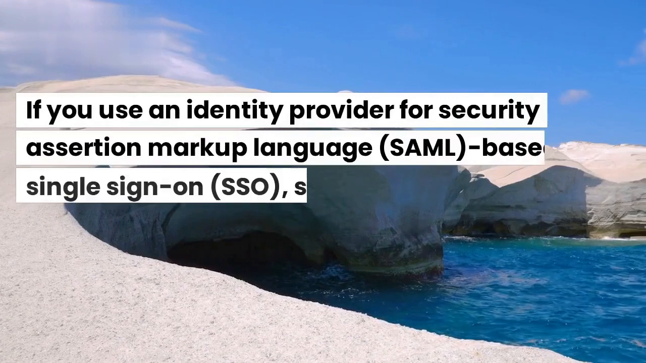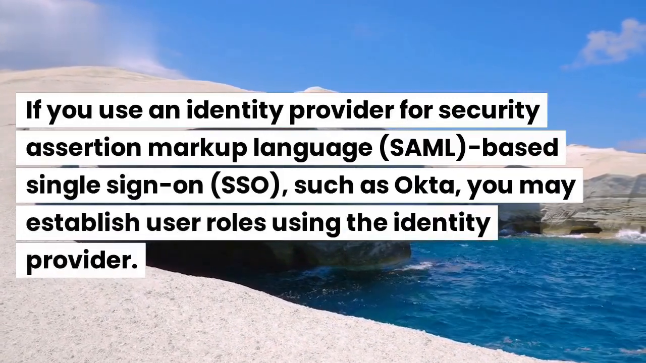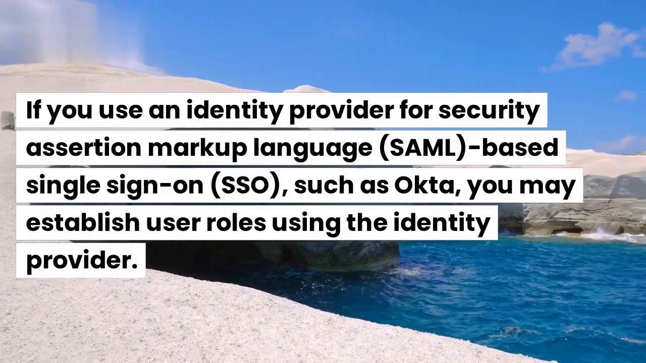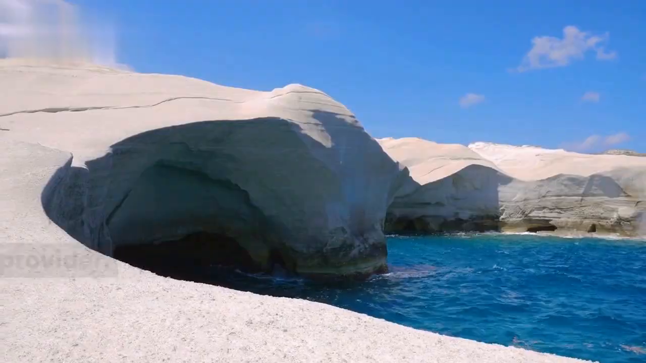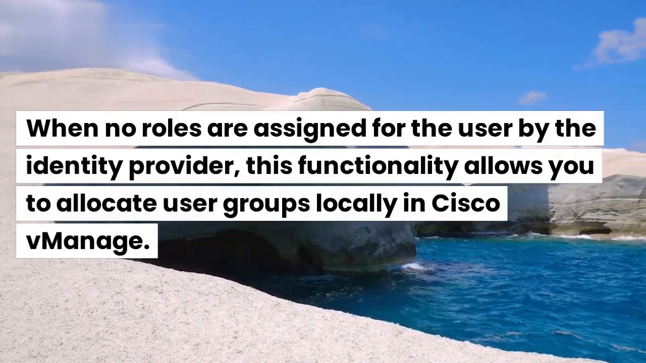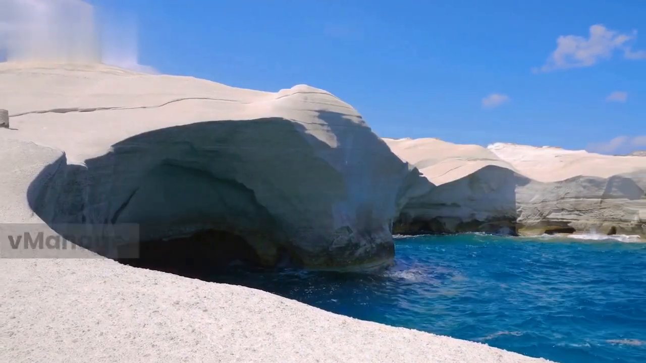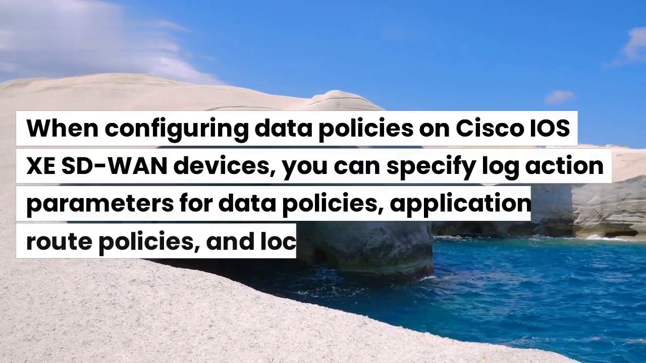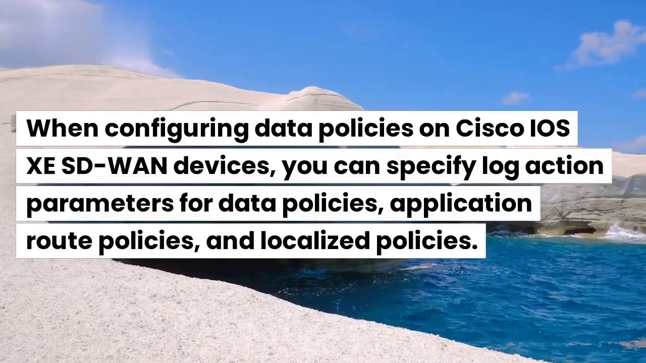If you use an identity provider for Security Assertion Markup Language, SAML-based single sign-on, SSO, such as Okta, you may establish user roles using the identity provider. When no roles are assigned for the user by the identity provider, this functionality allows you to allocate user groups locally in Cisco vManage. When configuring data policies on Cisco IOS XE SD-WAN devices, you can specify log action parameters for